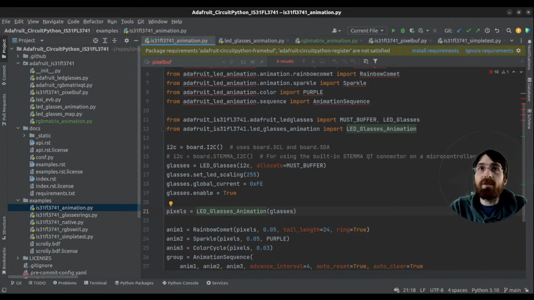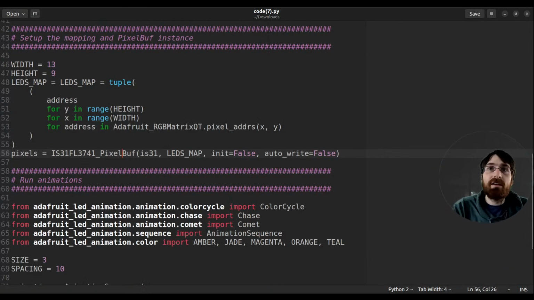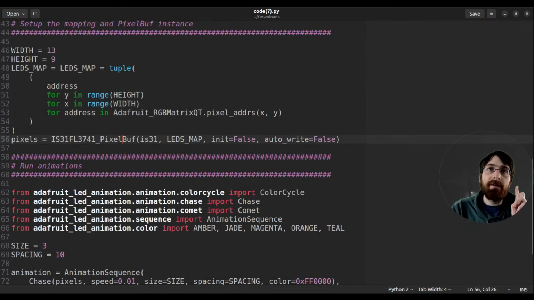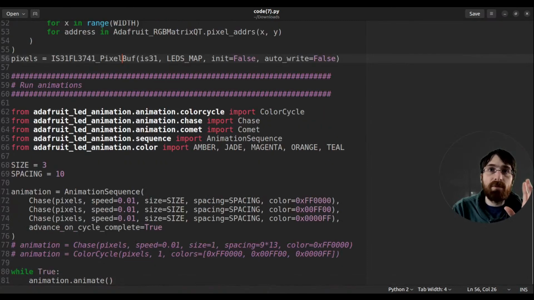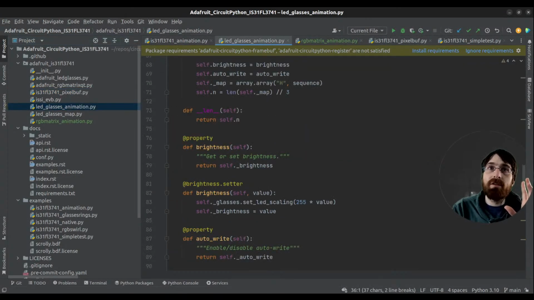The thing about PixelBuf is it is the NeoPixel interface or whatever. LEDAnimations should be able to work with that, and we proved that it could on one of the basic ones, and then Airdoc's code here, as well as I think some of the issue code from the person who posted the issue, shows it can work with PixelBuf, which I guess then brings us to the question,